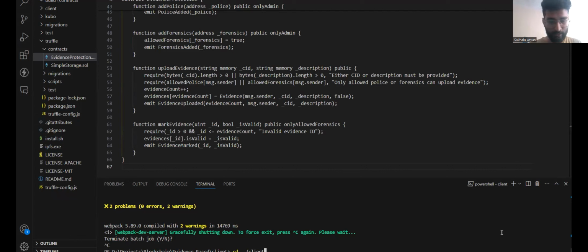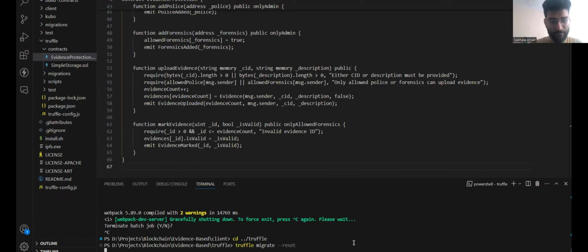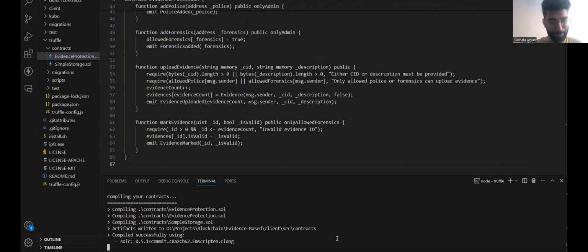You know what I'll do? I'll again go to cd truffle and I'll run truffle migrate with the reset flag. It will compile and deploy my contract,